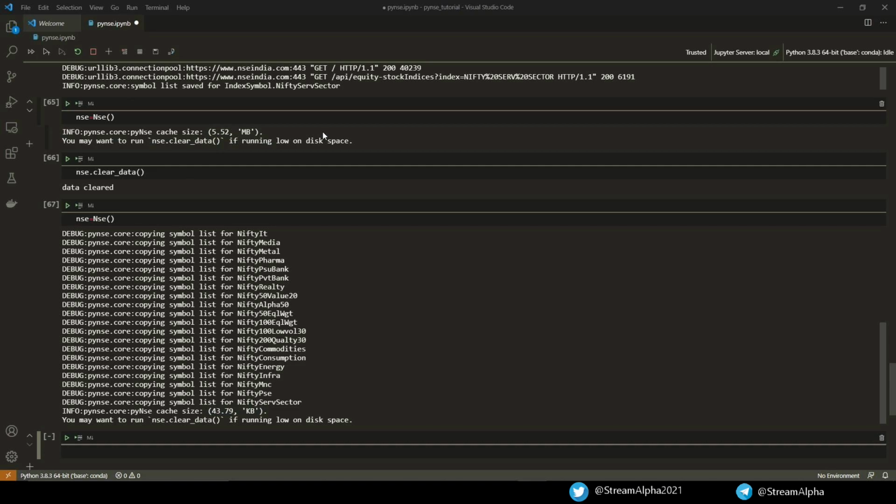With that, I have explained the complete PyNSC library, and you must have got a fair idea how this library works. Although the data is either EOD or real time, not for intraday time intervals, but again, for a trader, this data is very useful and definitely going to put you much ahead of the crowd if you know how to analyze the data, which we will also learn in the coming tutorials.